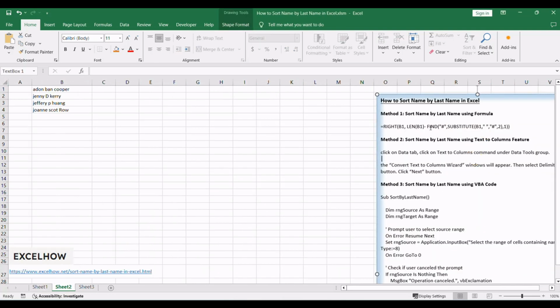Let's begin with the first method, where we'll utilize a formula based on the find and substitute functions to extract the last name from the full name. This formula allows us to dynamically sort names by their last name without altering the original data. Assuming that you have a list of names in your worksheet and you would like to alphabetize by last name,